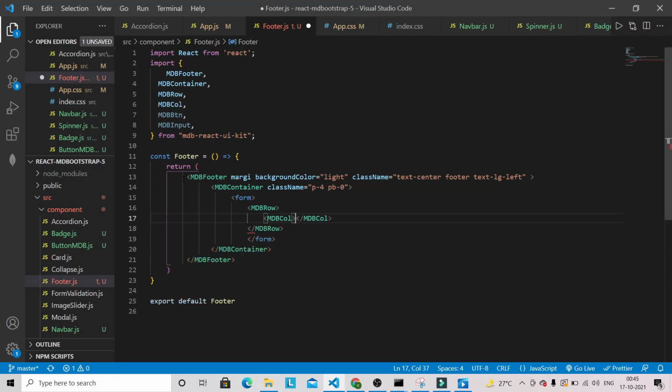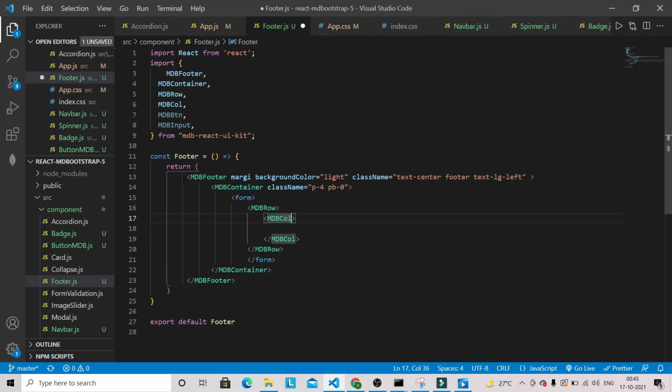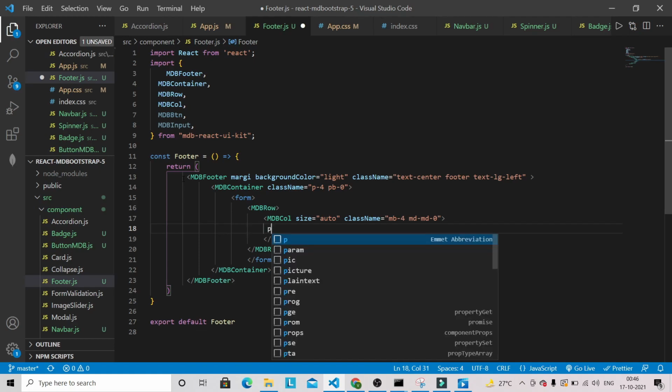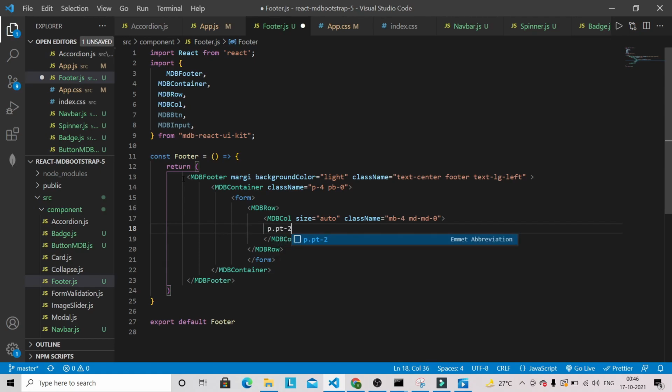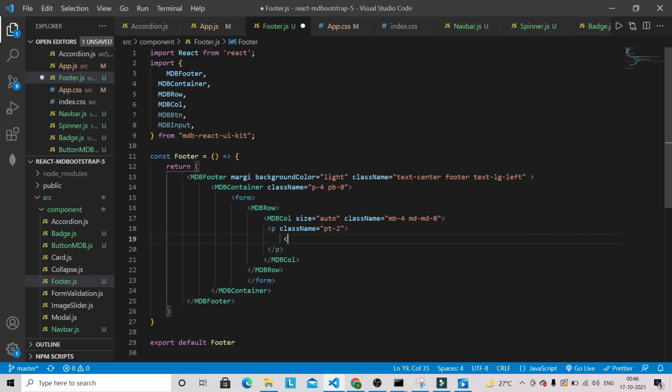Okay, and we need to pass some props, so size auto. Class name will be mb-4 mb-md-0. Then we're gonna have a p tag with the class name pt-2. Okay, inside that we're gonna have a strong tag, and we can give like sign up for our newsletter. Okay,